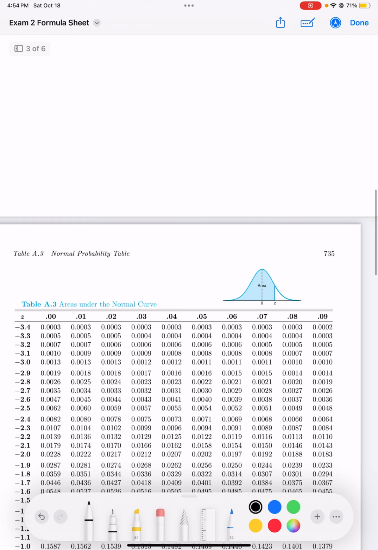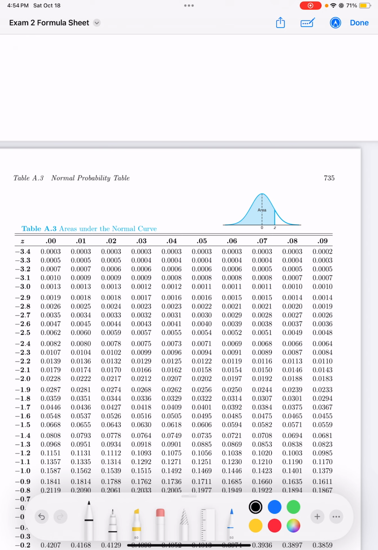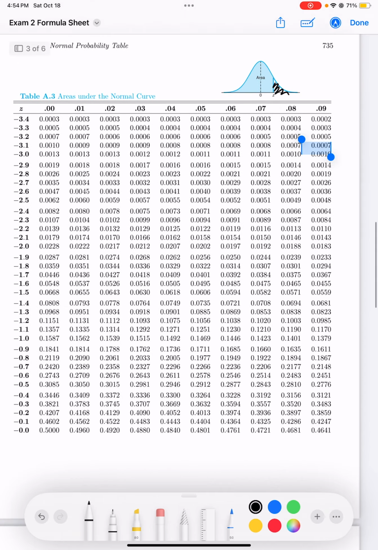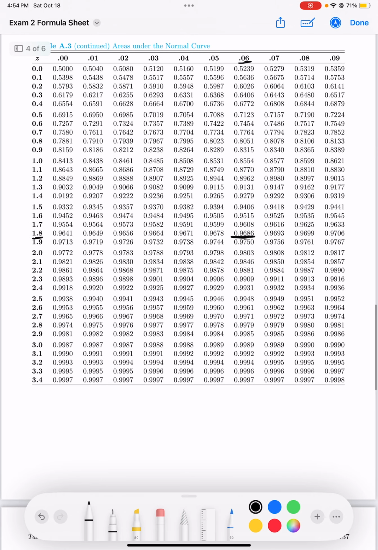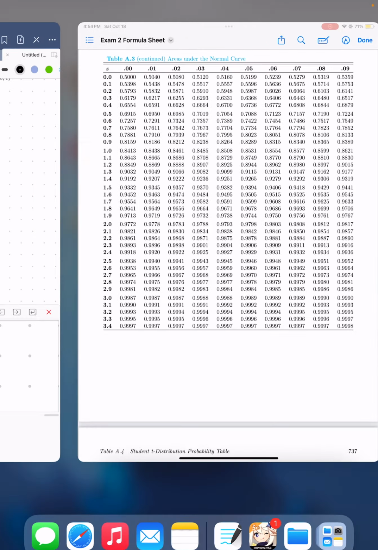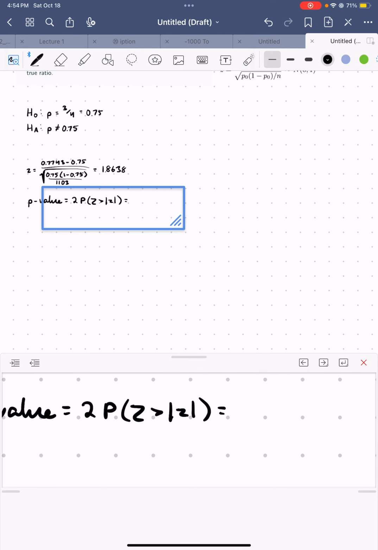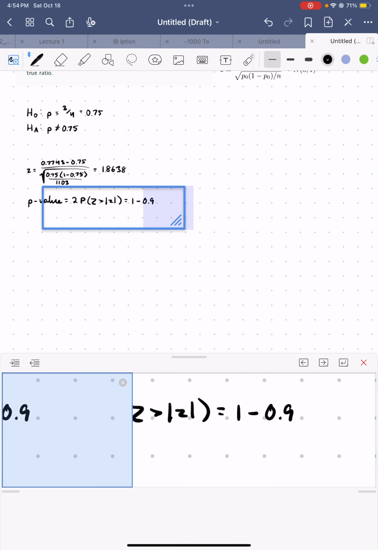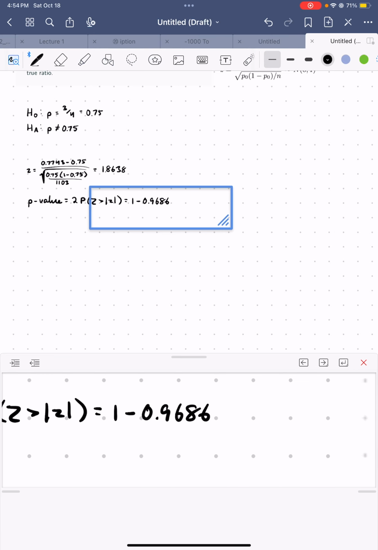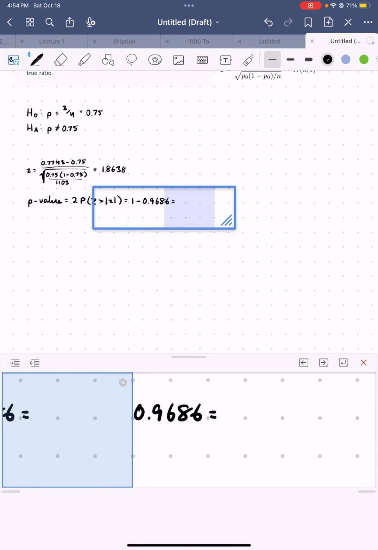But remember that since our table calculates the area to the left of our z-value, but what we want is this area to the right of our z-value, since we're looking for the tails. So we need to calculate 1 minus this value over here. So we have 1 minus 0.9686, and then that is equal to